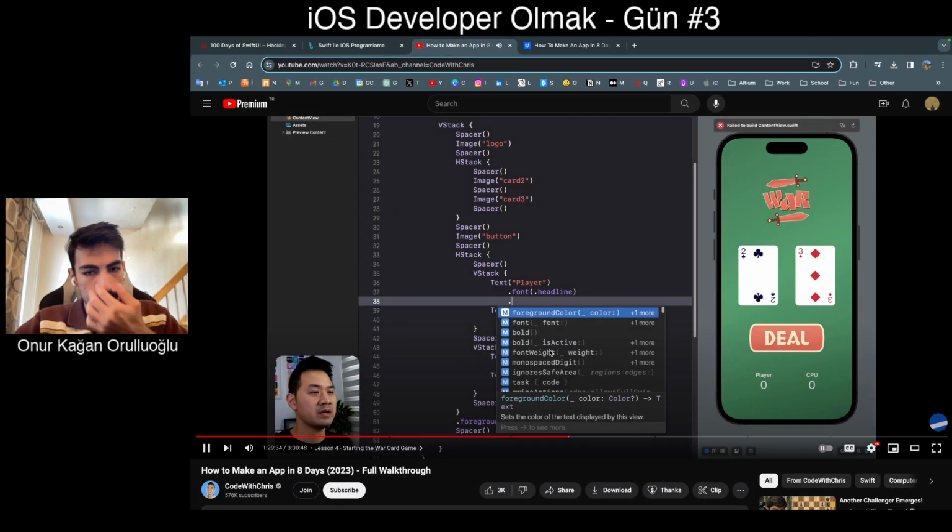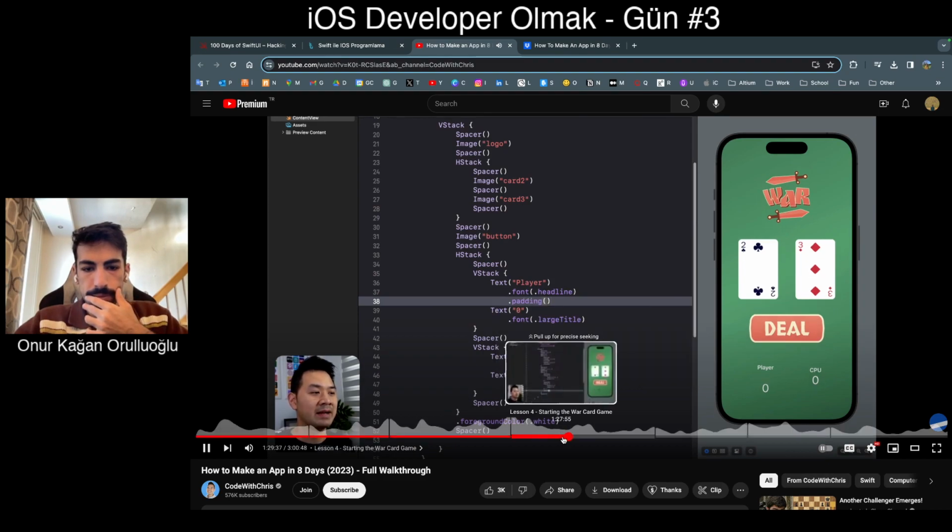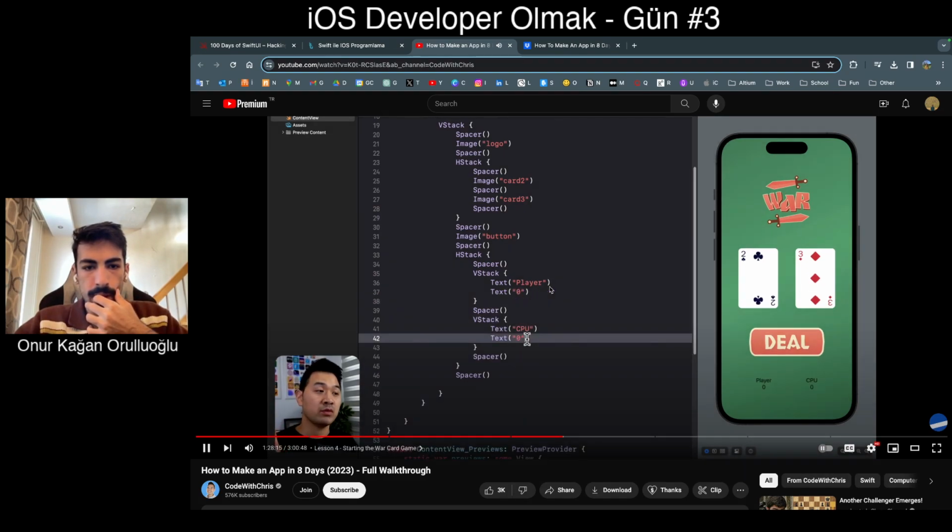First, and this time, instead of just adding padding, remember, if you apply the modifier to a view container, it gets